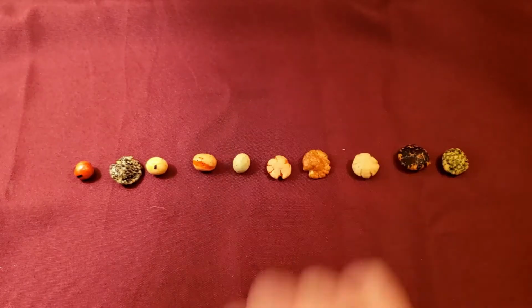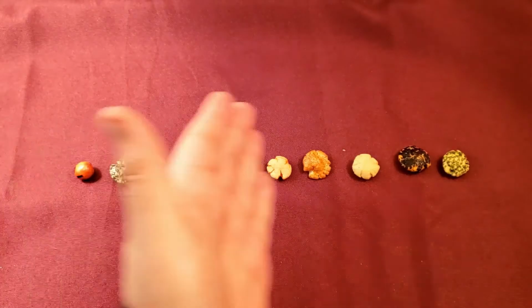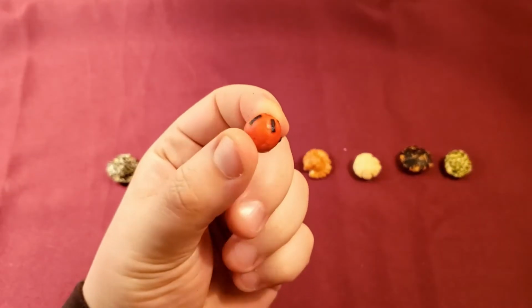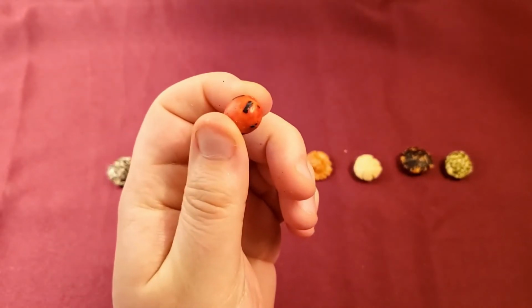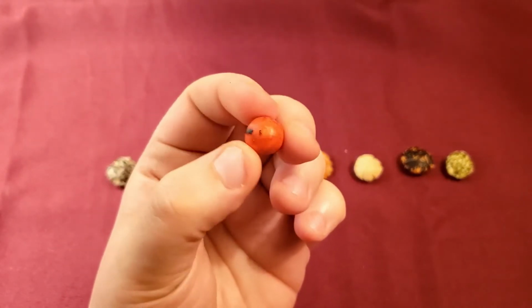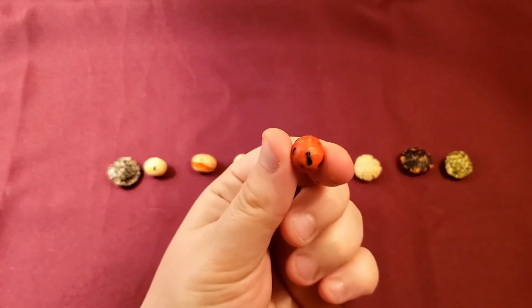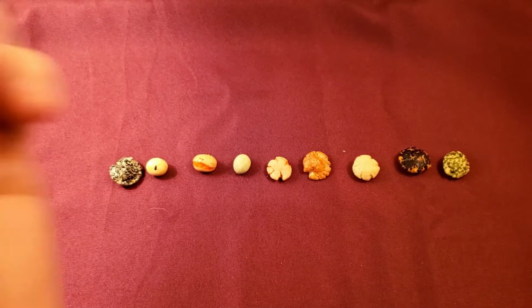So what we're going to do here is start from the left, head on over to the right, and see if these things taste the same or if they taste individually different. First one here is this red sphere, which appears to have a little bit of seaweed specked onto the top of it. It isn't too sticky, and I don't think that many of these are really going to smell any different. It smells kind of like